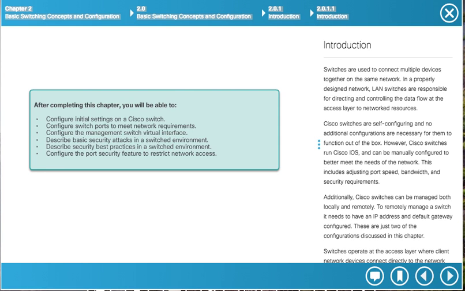In this lesson, we'll be covering basic switching concepts and configurations. Cisco Networking Academy, Chapter 2. After completing this chapter, you will be able to configure initial settings on a Cisco switch, configure switch ports to